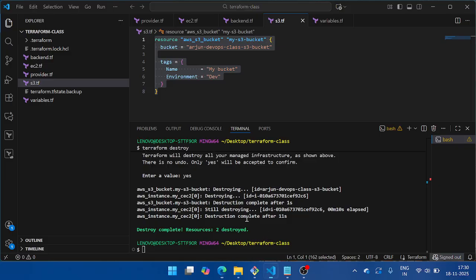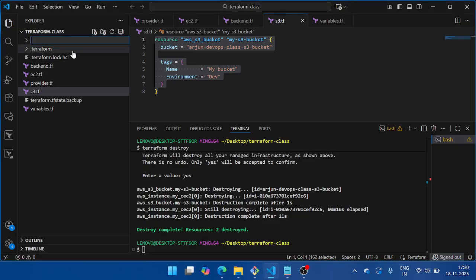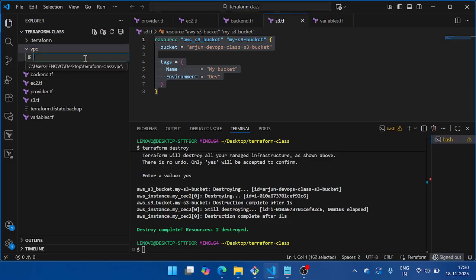What we will do now? I will create a separate folder, VPC. Inside the VPC folder, I will create all our files. VPC.tf,